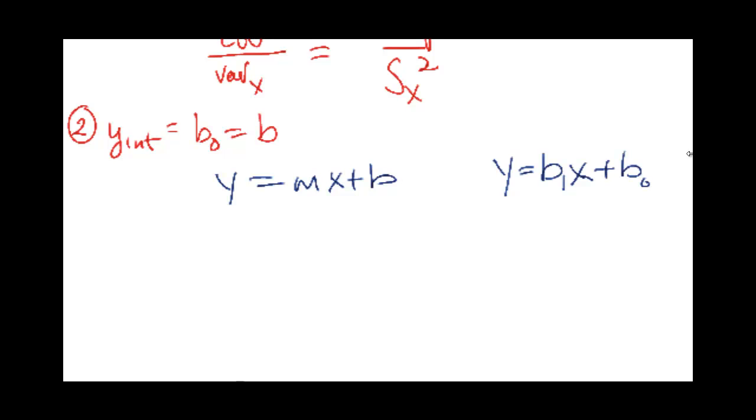What you're going to do is look at these as the means, and you're going to solve for the y-intercept. And if you subtract that mx or bx over,